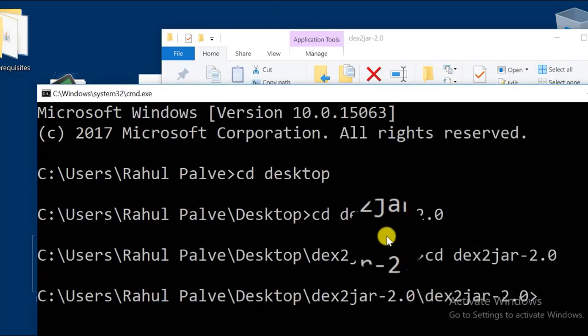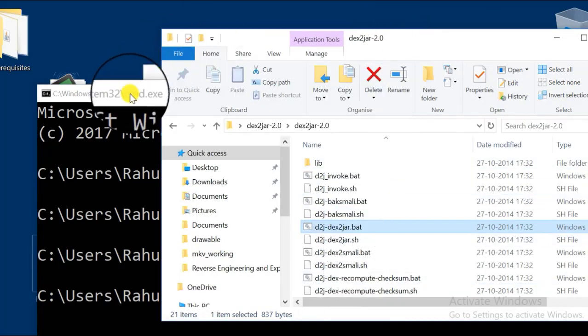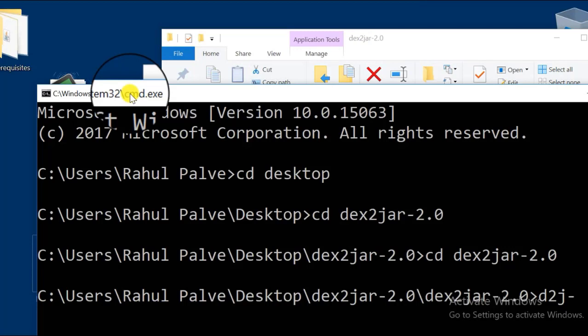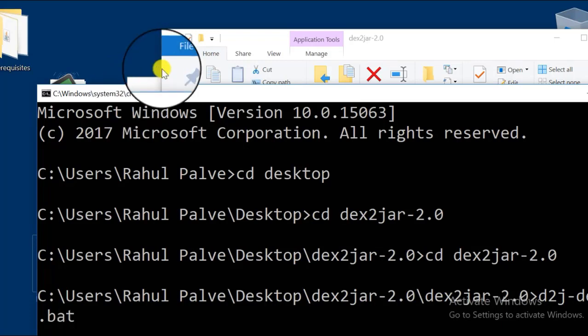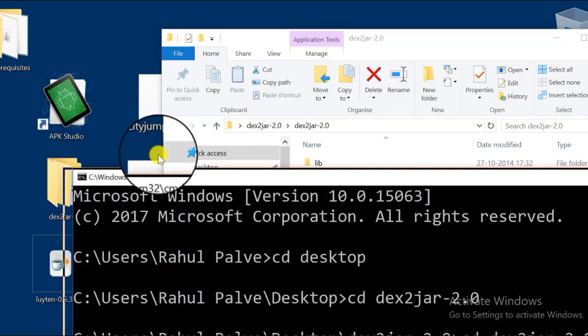Now I will run dex2jar. To do that, type t2j dex2jar .bat and hit enter.